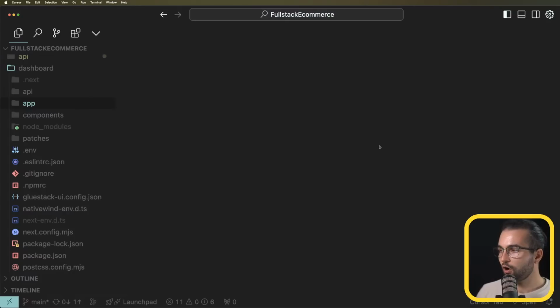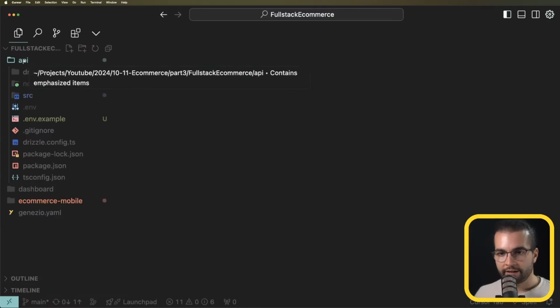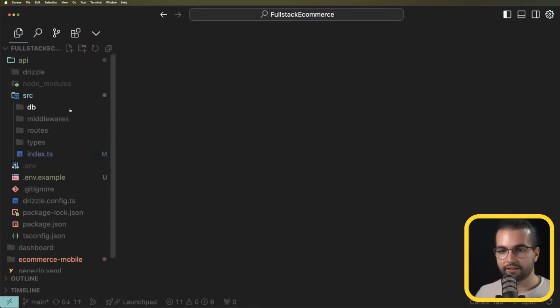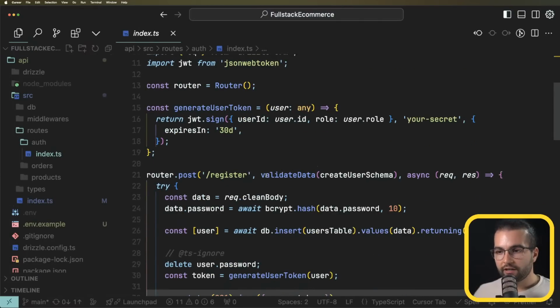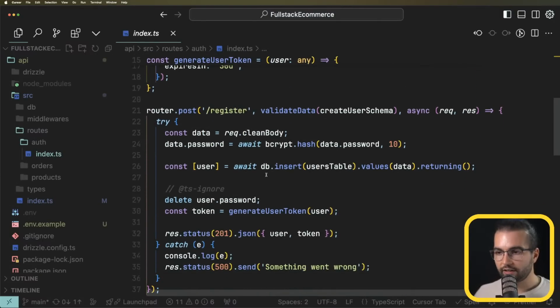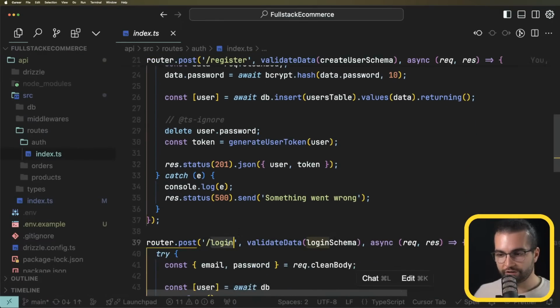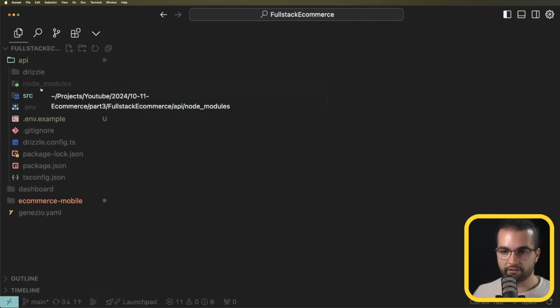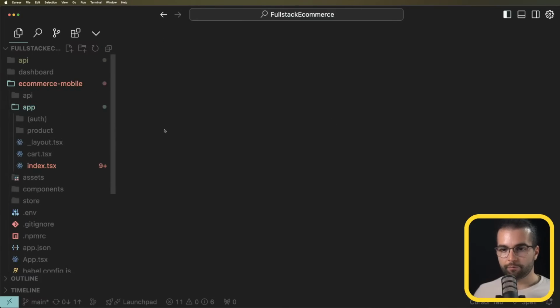Hello, what are you using for auth? Is it Supabase? No, it's custom authentication. We implemented it in part one of this series on the API side. Inside our authentication here, we are using JWT to create tokens. We have the register route and the login route. And now we are simply interacting with that API. Okay, so